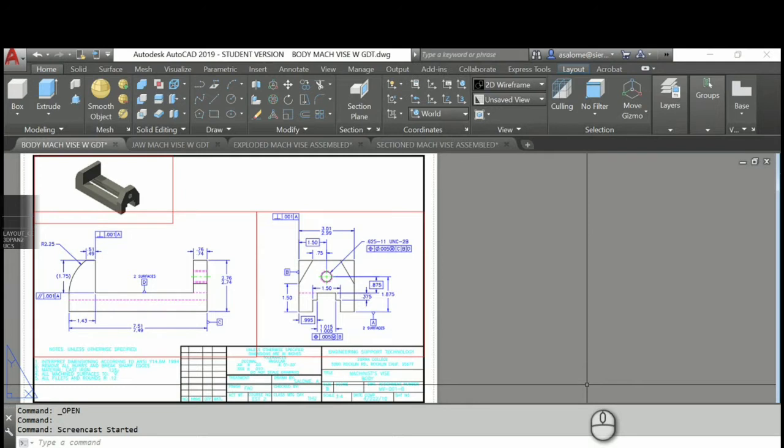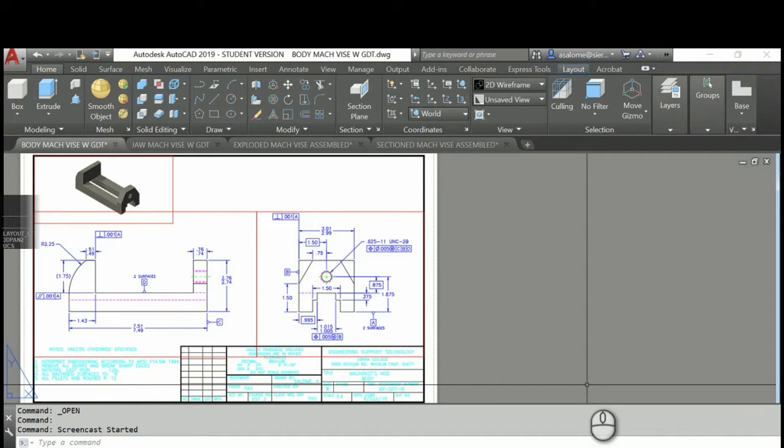Now, how you do this is up to you. I would like to have all of you work on the exploded assembly drawing in some way. If that means that one person brings in their parts and then sends the file over to the next person who adds their parts, and then it goes to the next person to add their parts, something along those lines. And then the sectioned assemblies you're going to prepare on your own. So each person is going to prepare their own sectioned assembly. You're going to share the exploded assembly file.